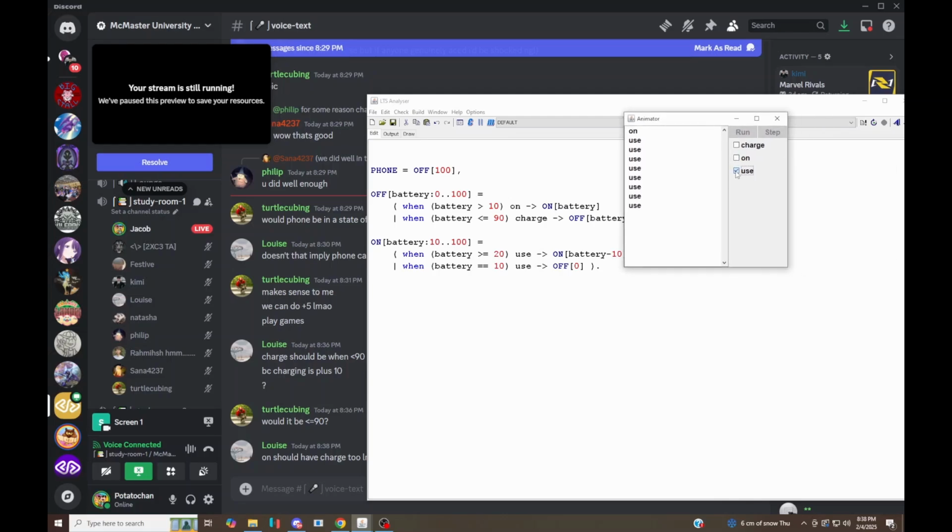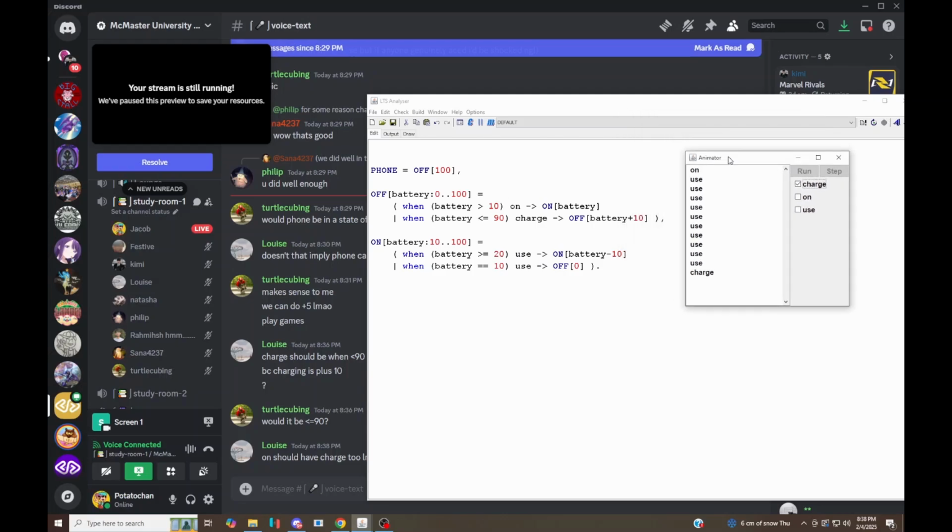And I was able to use all the way. So at this point, I've used it what? It was at 100, 90, 80, 70, 60, 50, 40, 30, 20, 10, 0. So it's fully at 0. And then I charge it. And at this point,